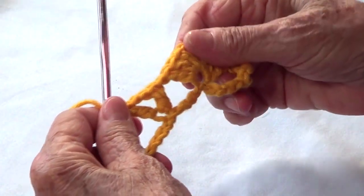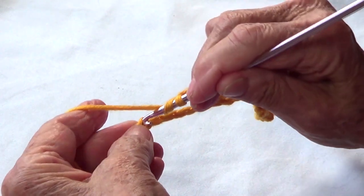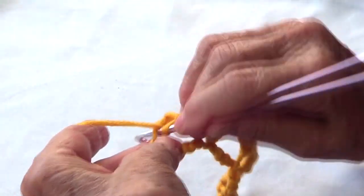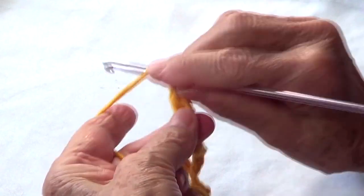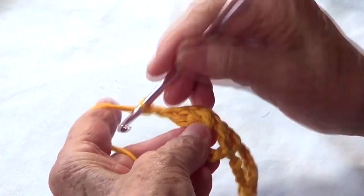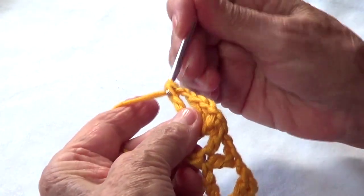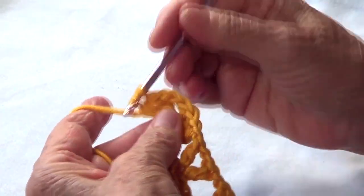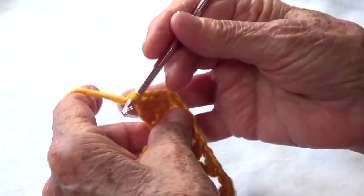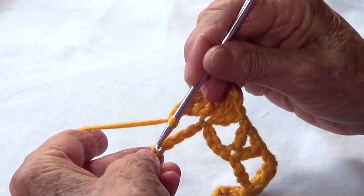So let's make another set. So 1, 2, 3, 4, and on the 5th we make 3 double crochet, chain 2, and 3 double crochet on the same spot. 1, 2, and 3, chain 1, and on the last stitch, that's 1, 2, 3, 4, on the 5th, which is the last one,